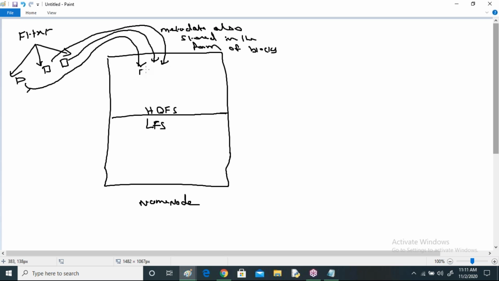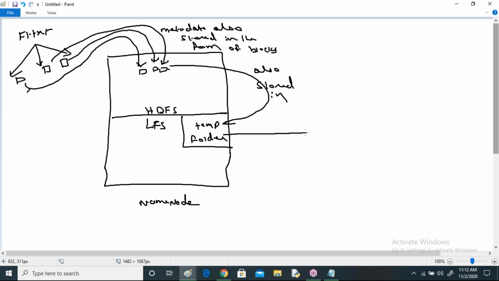There is a temp folder available, and the metadata is also stored within this temp folder. From this temp folder, in a timely manner,